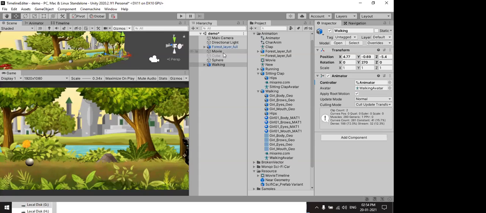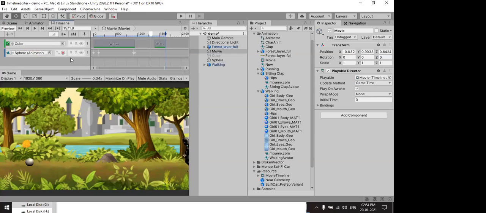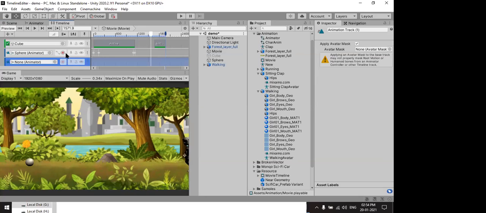So if you work with a character, in your timeline editor, add another animation track. We use multiple animation tracks at the same time. I would add another animation track, so use walking. Now, if you want to record, you have to record and create that movement also. Otherwise, that animation already has a movement, so that's it. I created.